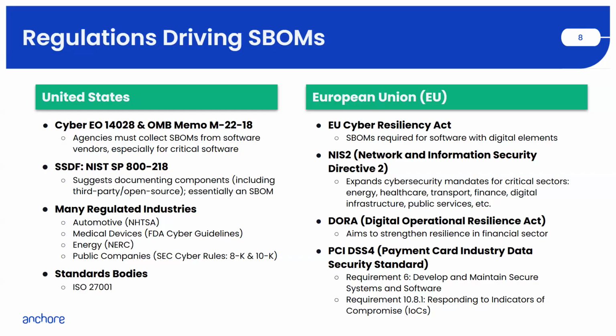That is kind of the overarching document that laid out a vision of all the different things that we would like to do to make software more secure as used by the US government. There's SSDF regulations around processes and how to build secure software. Pretty much every regulated industry has language around security, around quality standards, and around the ability to react if something goes wrong. And if your company is applying towards any sort of ISO certifications like 27001 or others, there's typically